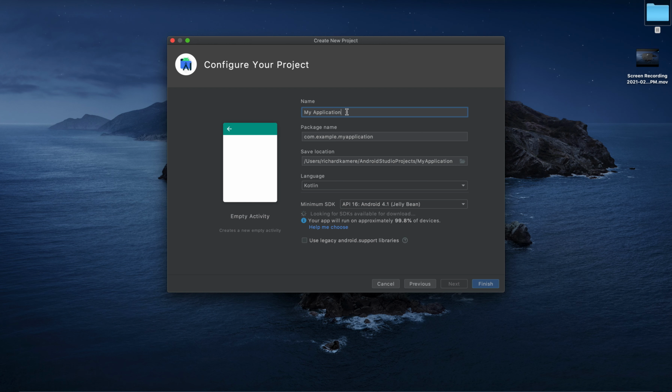So here you're supposed to provide the name for your application. In this case, I'm going to call this My First App. The package name is the name that is going to be used to uniquely identify your application in Play Store. So in this case, we have com.example and the name of my app, that is firstapp. If you have a domain, you can change this one. For example, I'm going to change it to